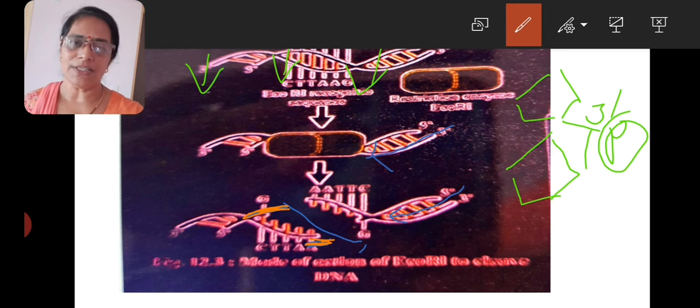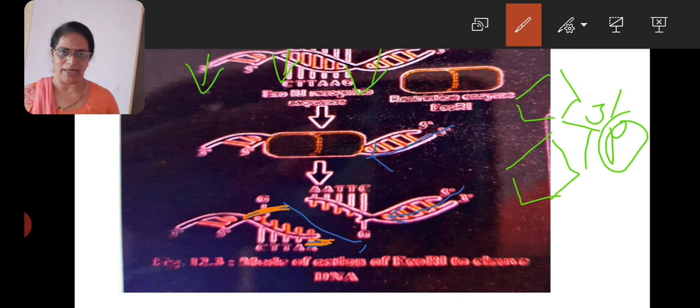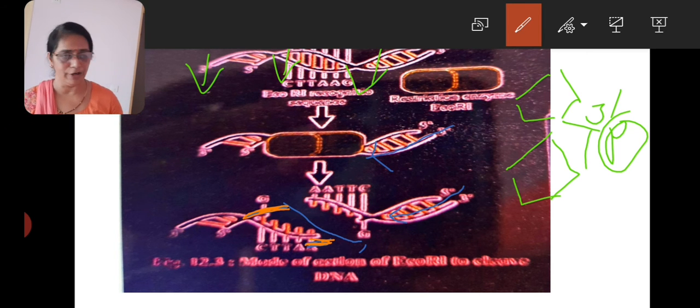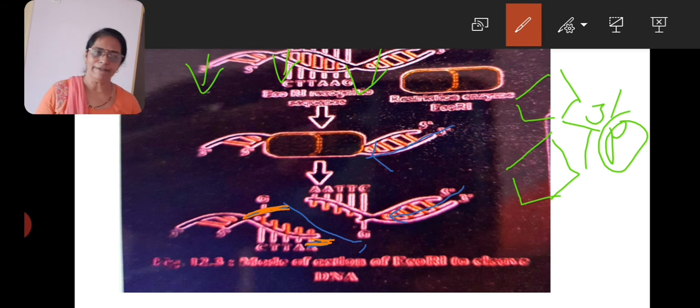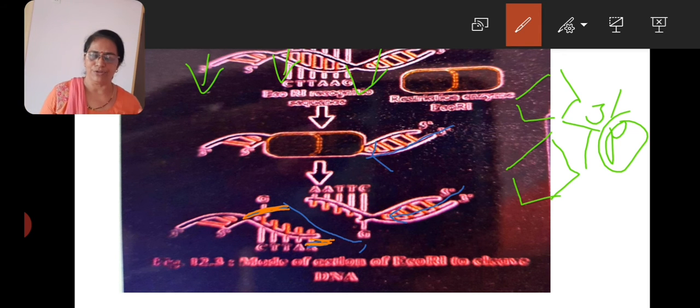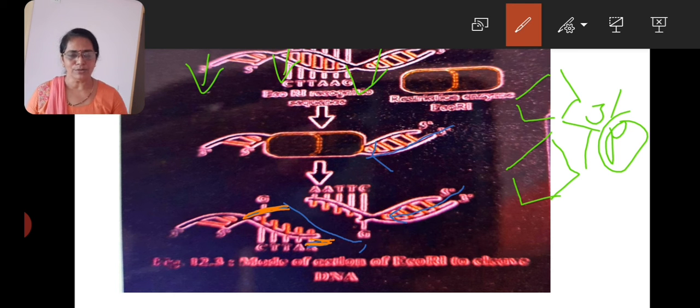Okay, so this is the cleavage pattern. To cleave means to break. The DNA getting broken with the help of the endonuclease enzyme is called the cleavage pattern. Firstly remember that during the breaking of the DNA, the endonuclease enzyme first breaks the phosphodiester bond, and then it breaks the weak hydrogen bond.